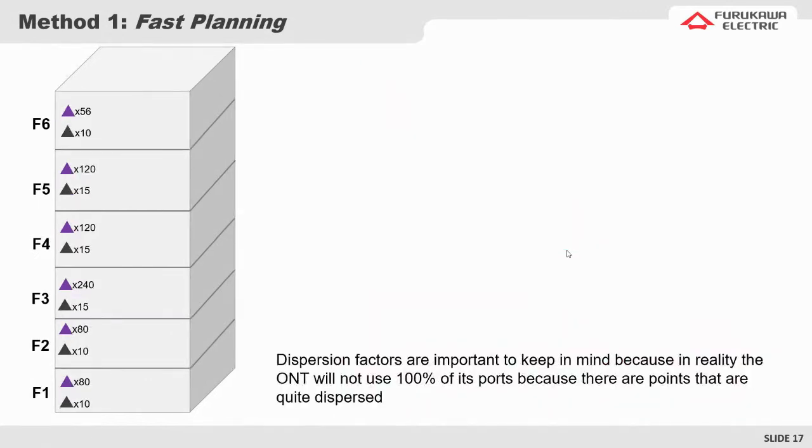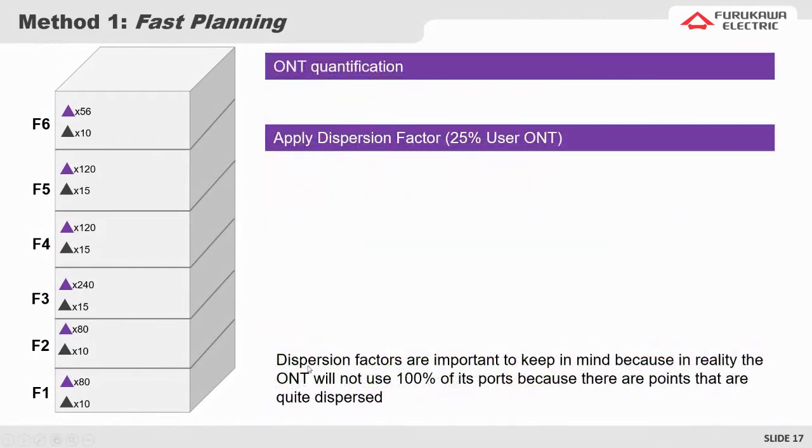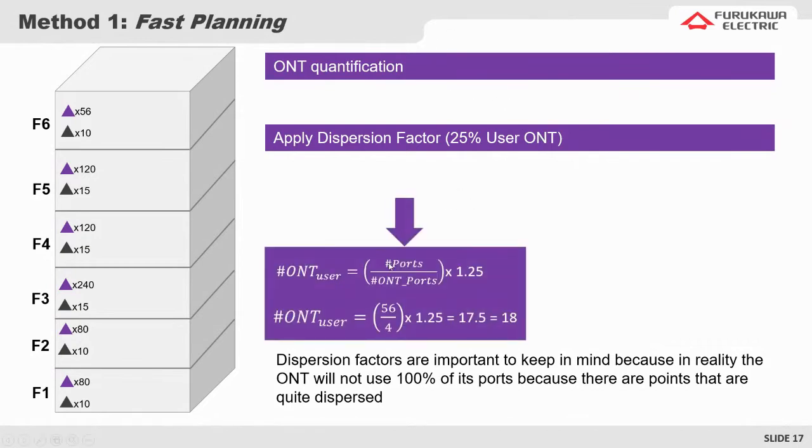And the next step is to calculate the quantity of ONTs that we have, considering these quantities of devices. In this case, we are considering a dispersion factor. So we will implement 25% more in the quantity of ONTs, because we are considering that not all the ports are grouped or concentrated. So we have these ports spread all over the network. For the regular ONT, not PoE ONTs, we will consider the quantity of devices divided by 4, which is the quantity of ports that we have in the ONT, and more 50% of dispersion factor. On this floor, for example, that we have 56 devices, rounding up, we'll have 18 ONTs,